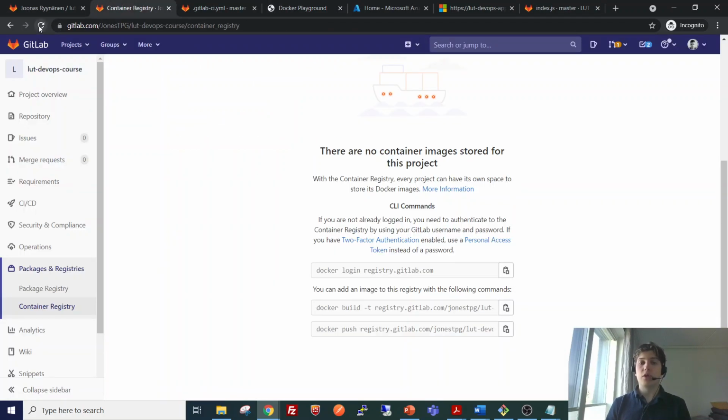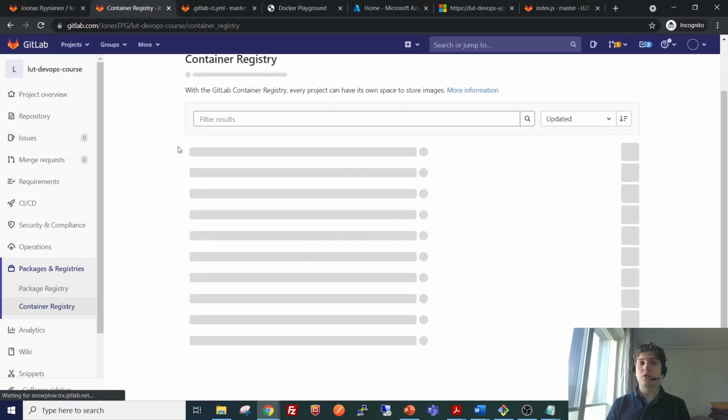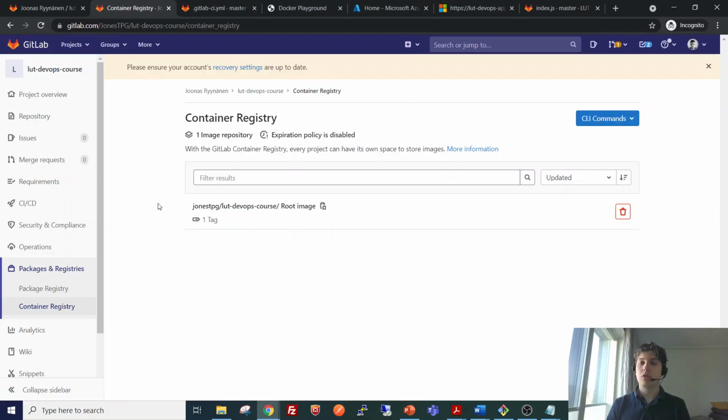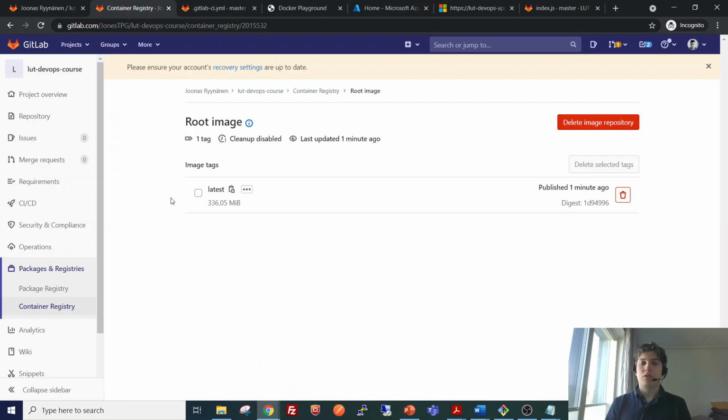So now when we go to the container registry, it should show us our image, and yes, it does. So here we have the container image, and we will be using this image later when we are developing the CI/CD pipeline.